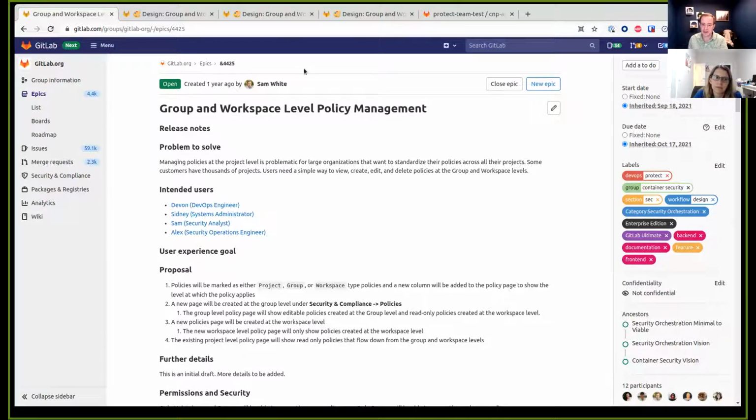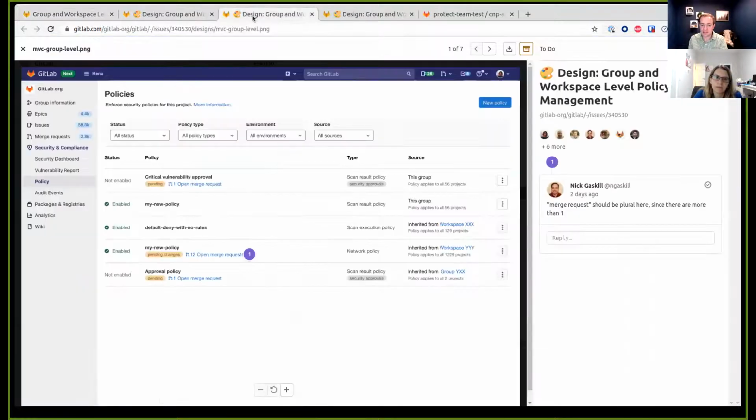So just to share some of the designs for this, it would be that same security and compliance page. This would be at the group level. We would have it show up as a policy page. We're adding in a new column, basically saying where the policy exists. There's this flow down inheritance. So any policies that are created at the workspace level would flow down to all of the groups and projects beneath them.